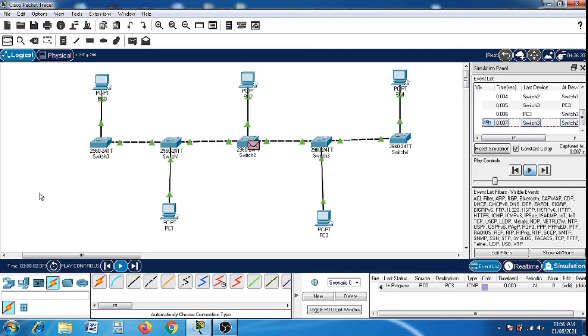No. Again it travels back to switch 1. It will check again, is PC0 connected to switch 1. No. Then again it will travel back to switch 0. Then it will see yes, PC0 is connected to switch 0. Then it will forward that packet or that acknowledgement to PC0. Look at here, the packet is going there. Now this is the acknowledgement, that's why we are getting the acknowledge symbol here.